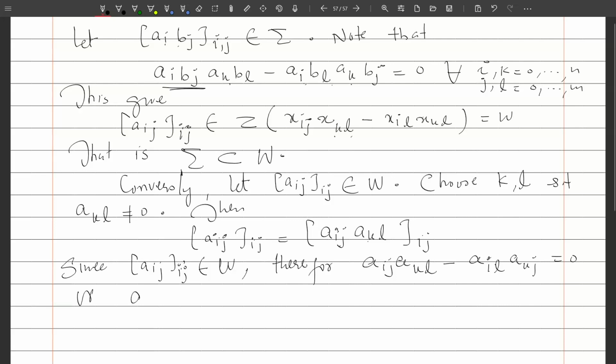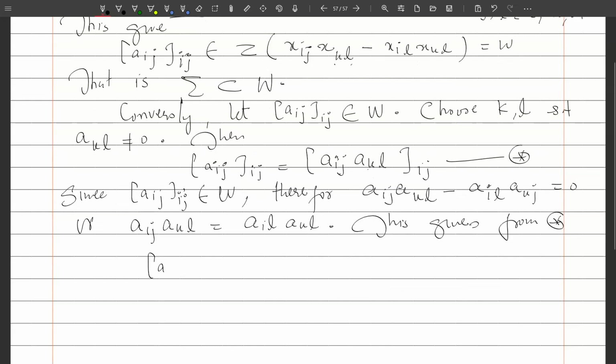So the ijth coordinate times the klth coordinate is the same as the ilth coordinate times the kjth coordinate times a_kl. So this gives, let us call this star, from star, the vector a_ij is equal to the vector